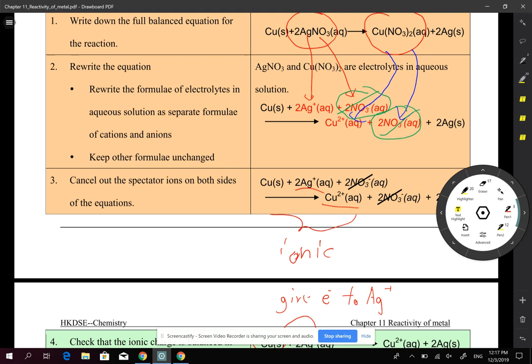And 2 NO3, what is the charge? Nitrate is 1 minus. Similarly, for the right side,